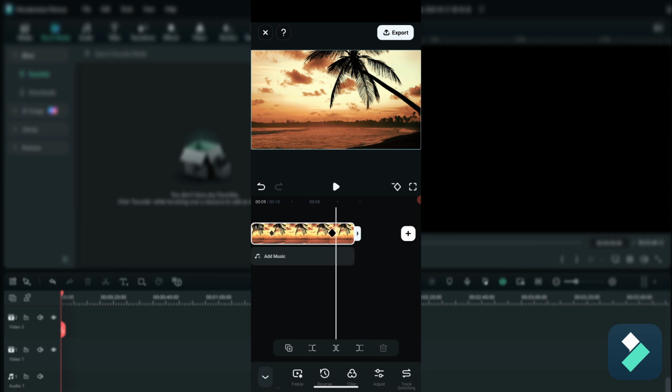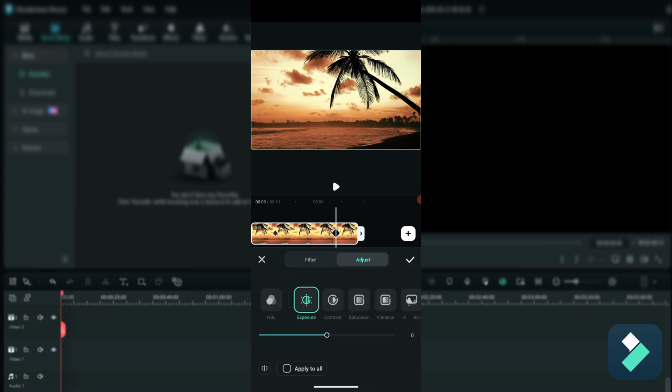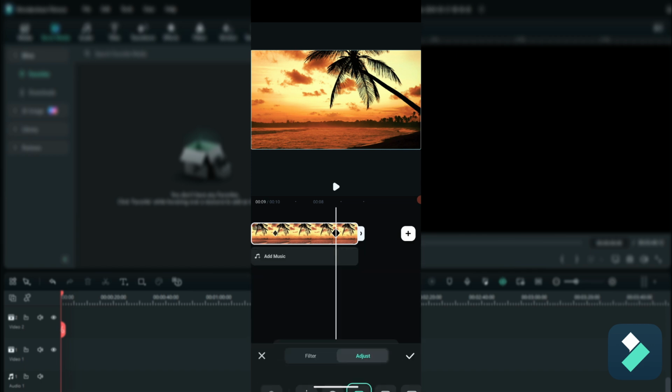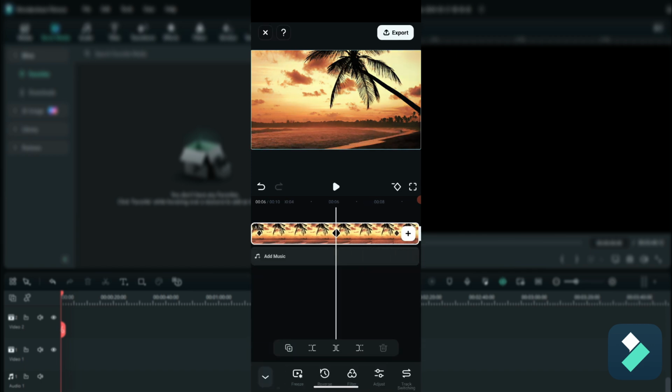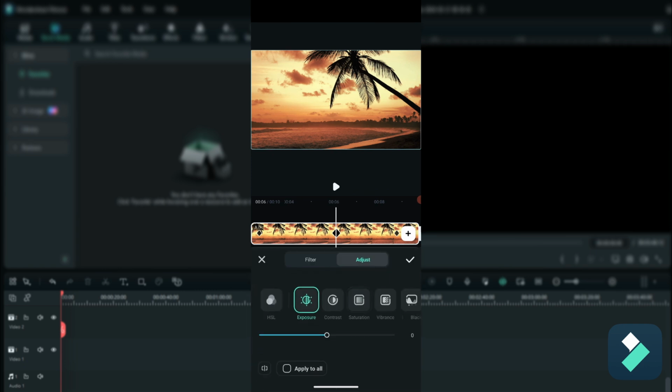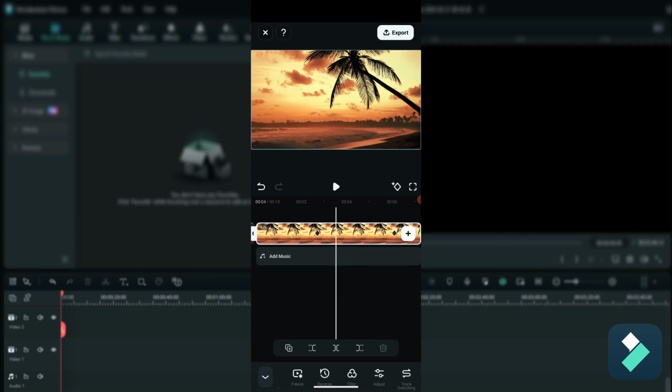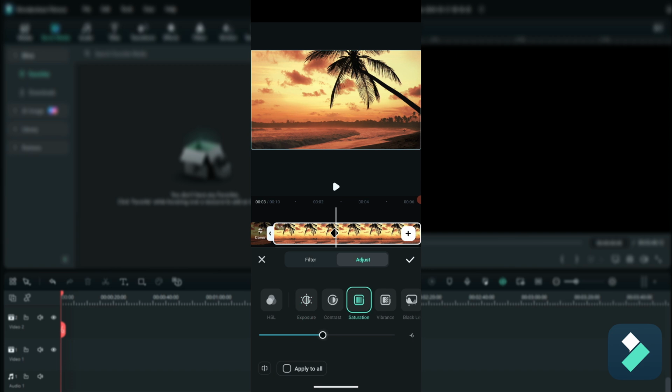Now I can also adjust other things. If I go back to this keyframe, I can hit the adjust button here, and now I can make adjustments to things like exposure, contrast, and saturation. Let's say I want to make the saturation 100 here. Apply that, and now let's go to the earlier keyframe, adjust this, and set the saturation to, let's say, maybe around 30. And let's go back here and adjust this keyframe as well so that the saturation is perhaps negative, right? So it looks almost